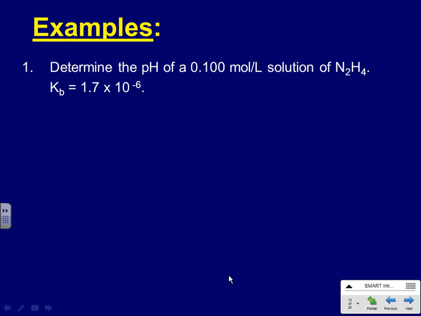Ten to the minus 6, 0.1. That minus 6 is going to come up to the top. It's going to become 10 to the 6th. That's a 10 to the negative 1. That's going to be 10 to the 5th, right? So definitely a shortcut. I put that question on there, and I'm likely giving you 3 marks for it, maybe 4 marks, a couple of marks for finding the OH, a mark for determining the pOH, a mark for subtracting from 14 and determining the